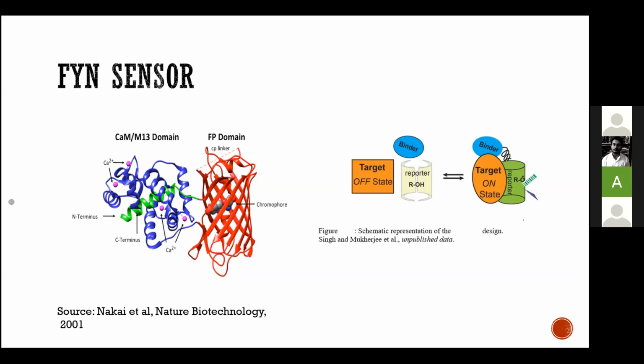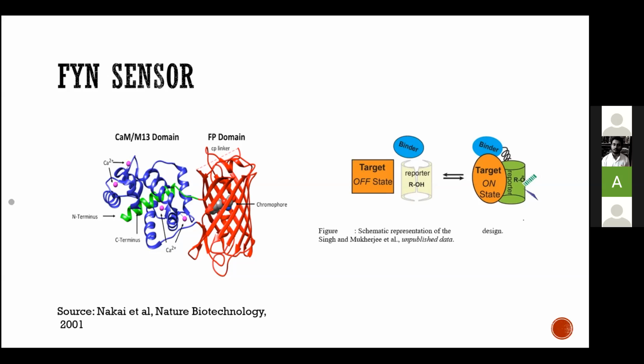So in our paper, on the right side there is this very basic design of what our reporter looks like. It's not a very good presentation, it's unpublished, so I was not allowed to use any other picture. Anyway, this was very intuitive. Our target, which earlier we were calling Fyn, is active Fyn. You can see the orange target is in the off state, and when it's in the off state, none of the binder or the reporter is interacting with it.